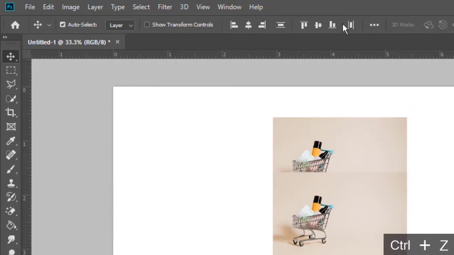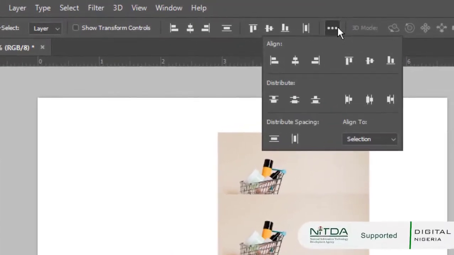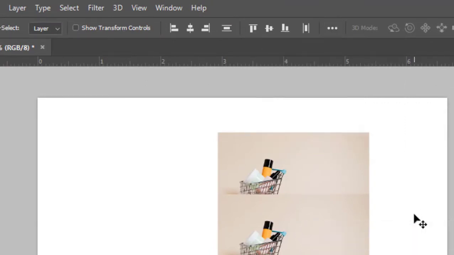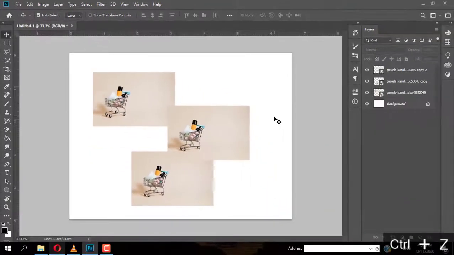You have more alignment functions in these drop-down options that you can see and test to see how they work. And then finally, Ctrl Z, we have another function of